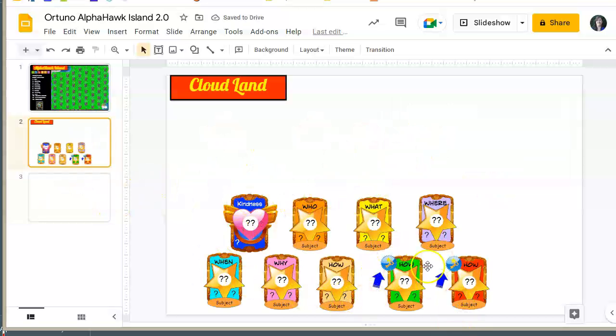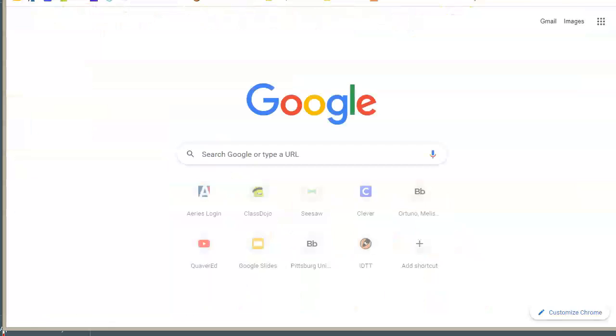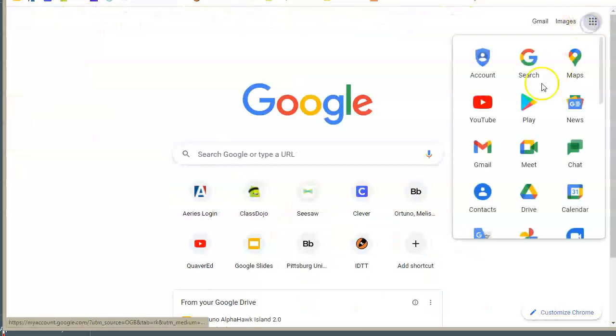So maybe my copy didn't have the little subject labels. This is new, just this morning, I believe. I want to get the new badges. I can just add that slide to my copy. So the last thing I wanted to show you is when I go to my Google Drive